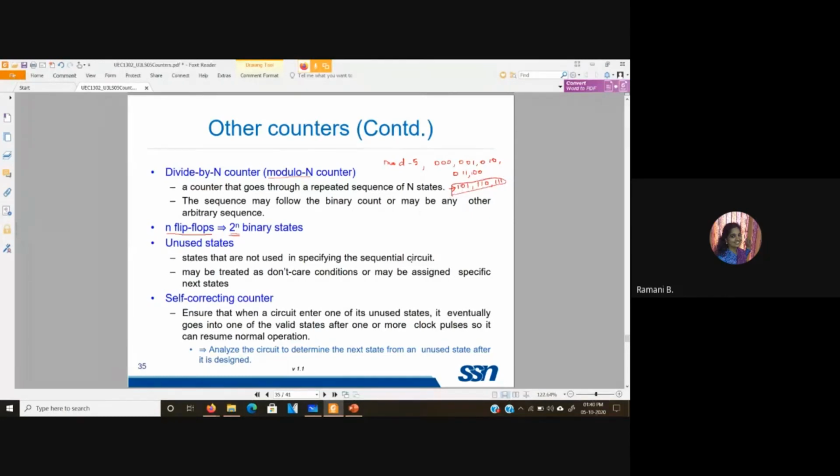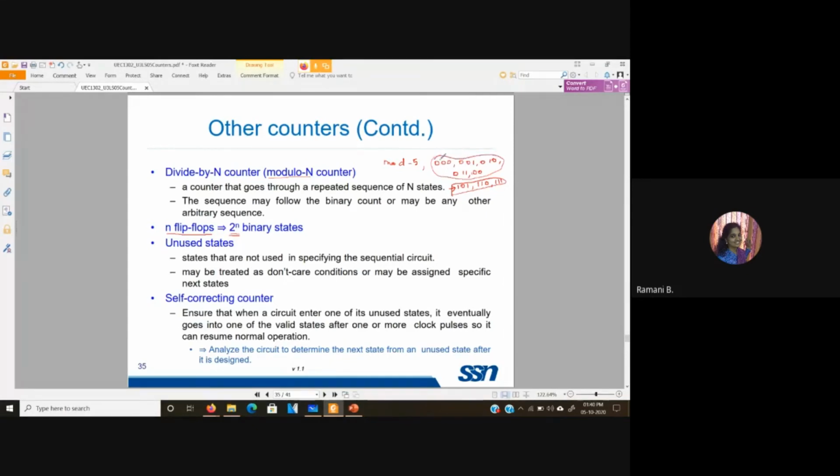So when we design such a counter, mostly what we do is write the state table with the condition that if this particular state comes, we give the next state as don't care. That is one way of doing it. In some cases, in order to make the circuit function properly, they design it such that if this particular state occurs, they give one of the nearby states in the actual sequence.